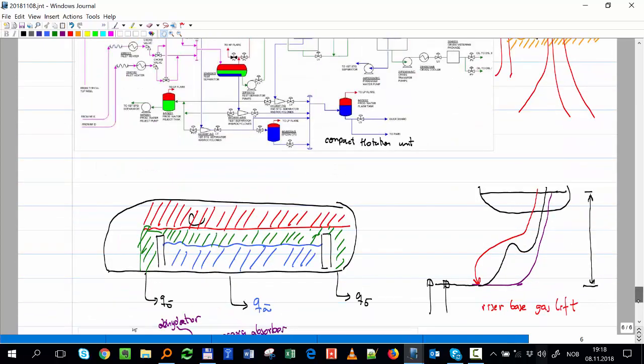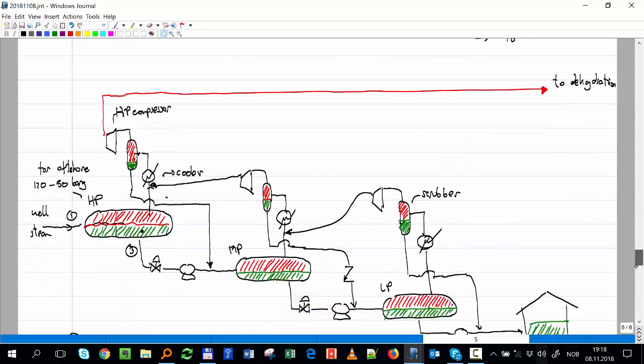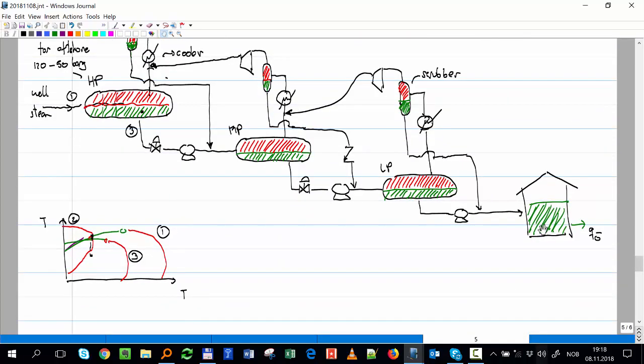Okay, when you have oil, it is usually transported at atmospheric conditions. Okay, so you have almost no pressure, just hydrostatic pressure. So you can transport it in cylindrical tanks,